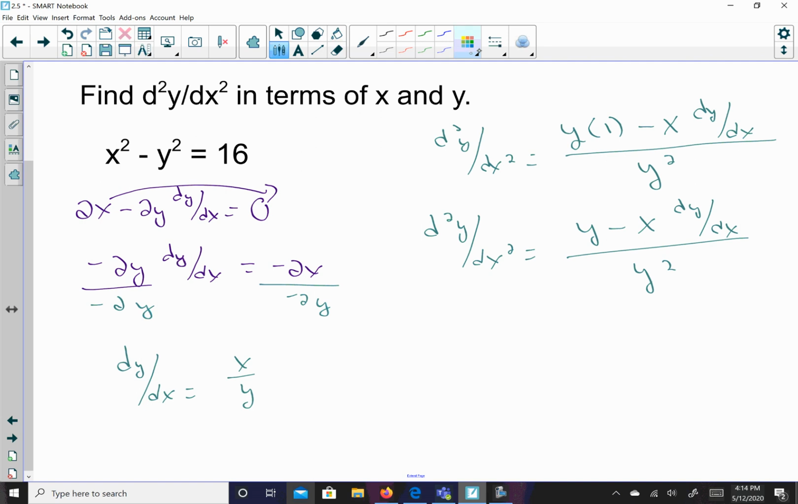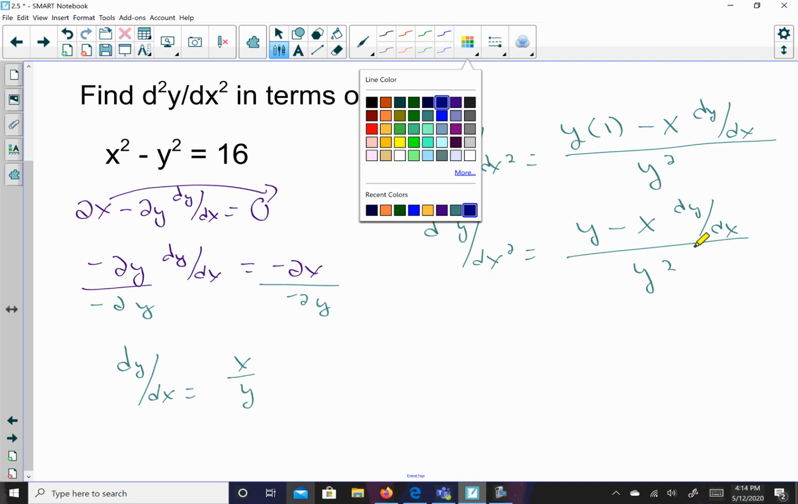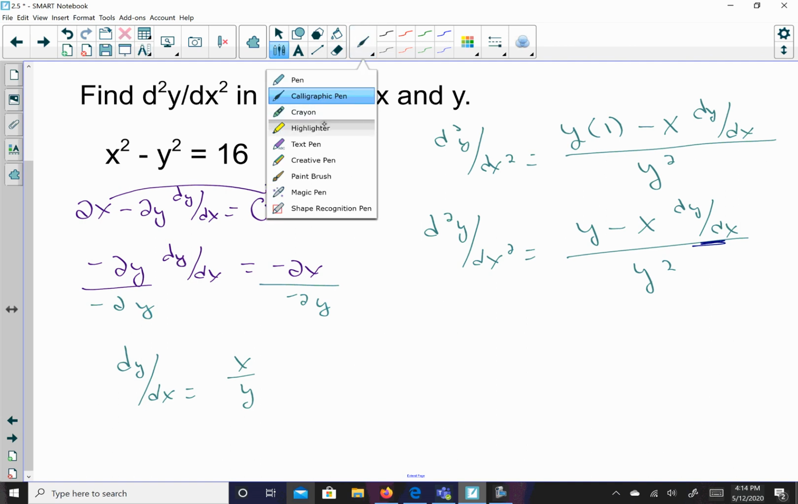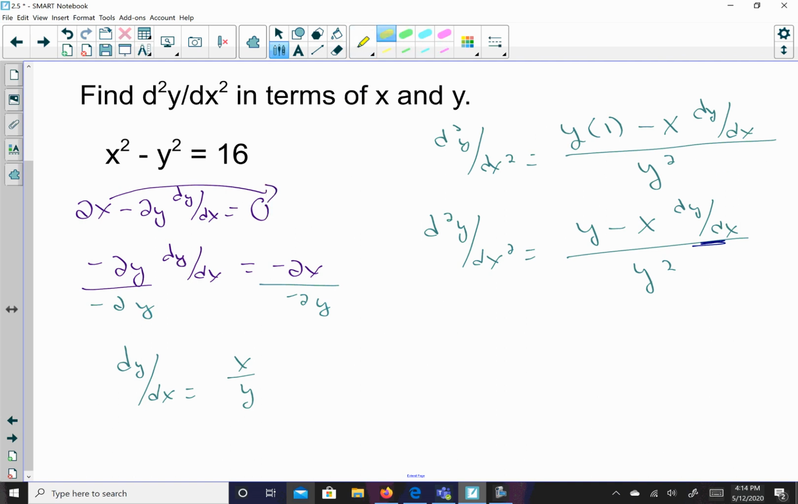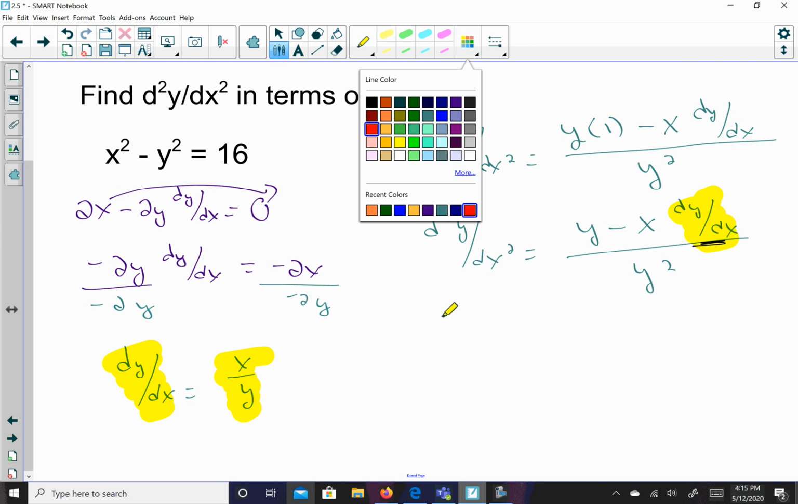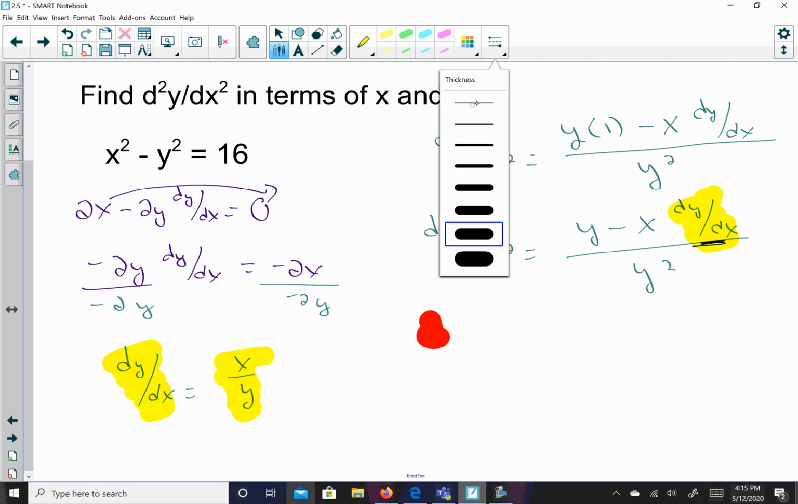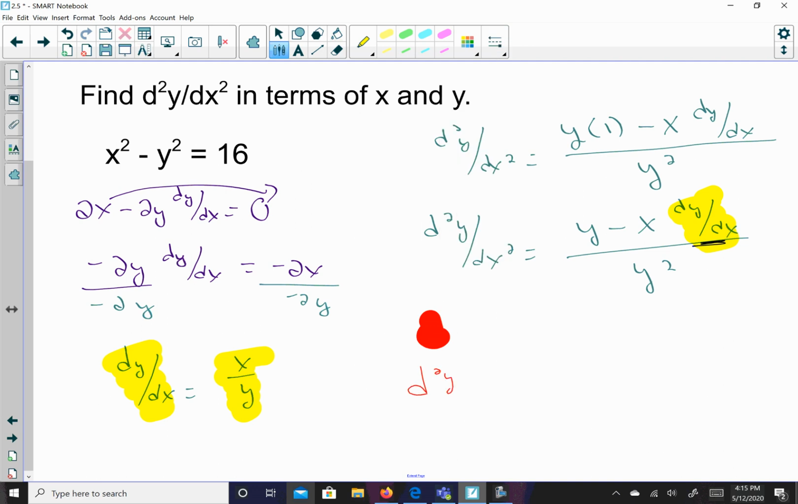But what you notice is my second derivative is really written in terms of my first derivative, this dy dx. So this dy dx, I can't leave that in my equation for my second derivative, but I know what dy dx is equal to. It's equal to this x over y. So I am going to substitute that in for the dy dx. So, oh, I hate it when it does that. So here's y minus x, and then in place of this dy dx, I'm going to write x over y